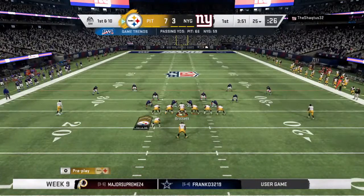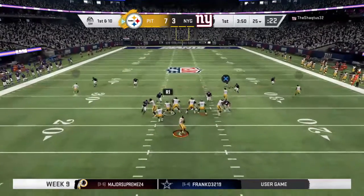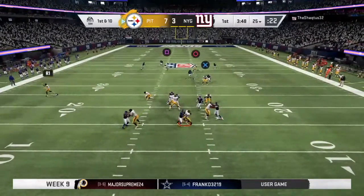And just think of what it's like now on the sideline. Because when you score a touchdown, you have to go over and look at the tablet and see what you did on the last drive. When you scored points, it's a whole...